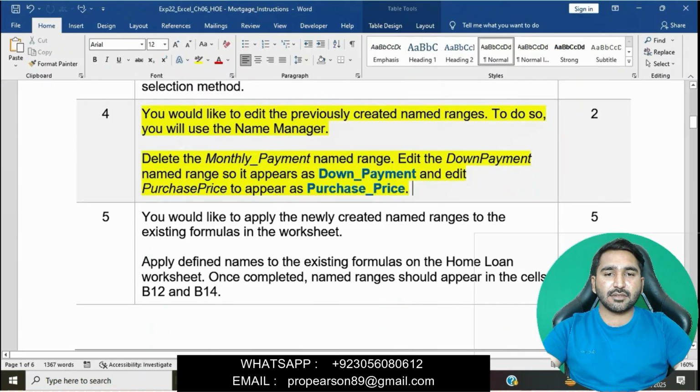And then we will edit the new range name, down payment, and edit purchase price to appear as purchase price. Okay, name the down payment name range to appear as down payment. We will enter an underscore.